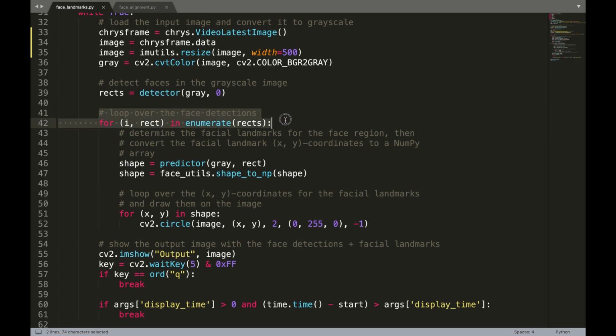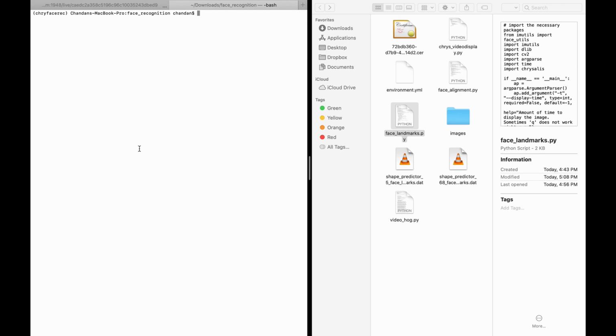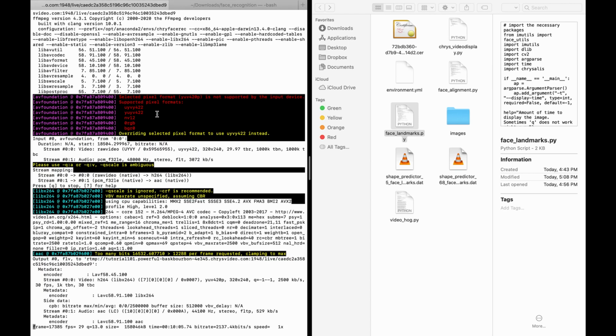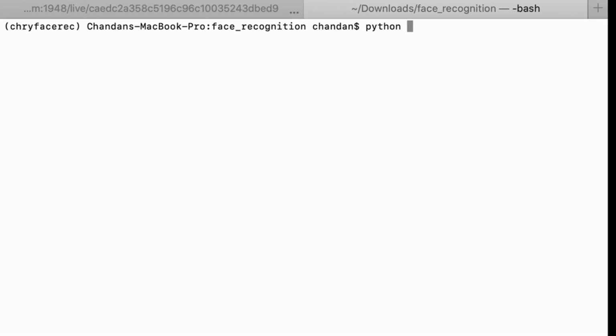So we loop over all the face detections and then determine the facial landmarks for the face using this predictor, and display it by drawing a circle around the facial landmarks on those x and y coordinates where the landmarks have been returned. Let's go and run the Python script. The video is being streamed to the server. Let's run the Python script facial landmarks,